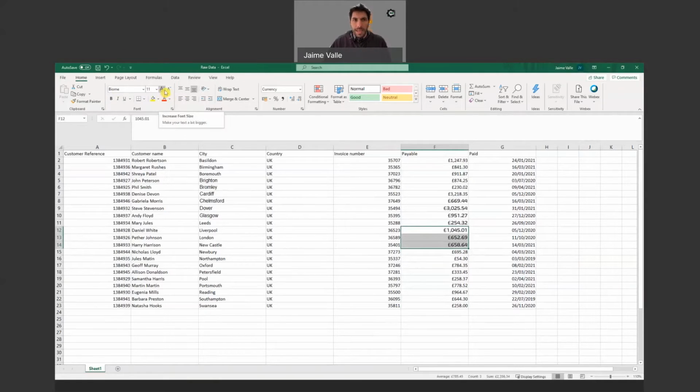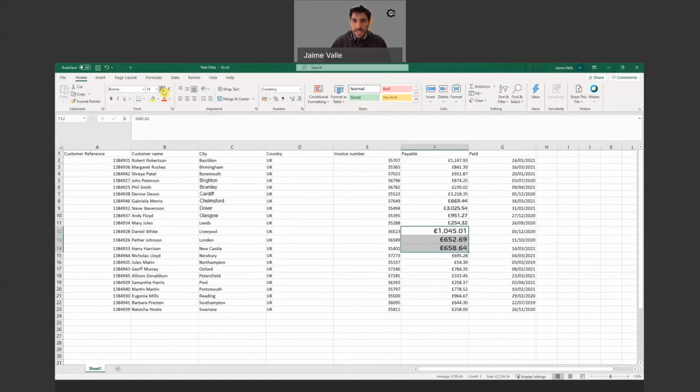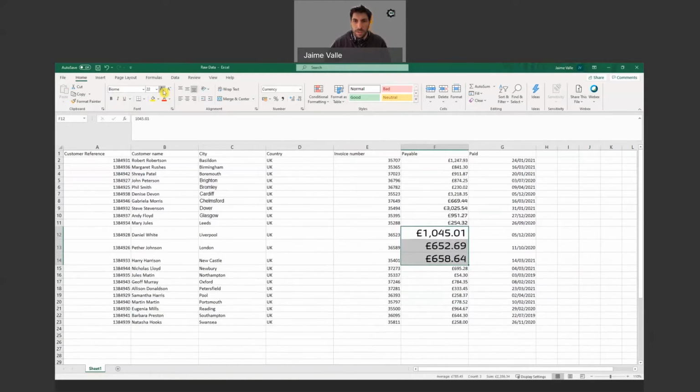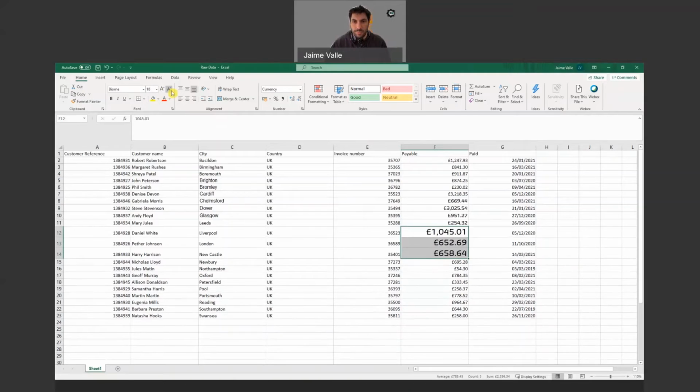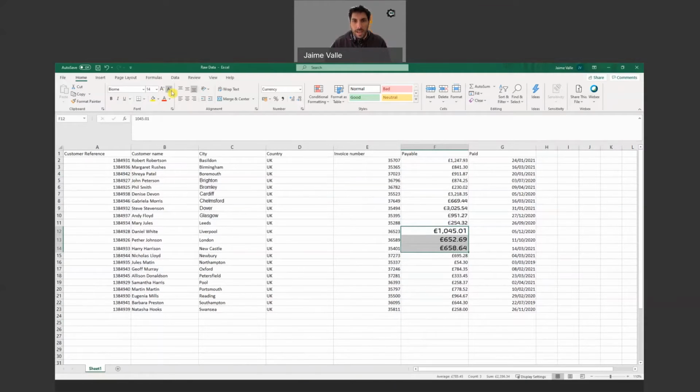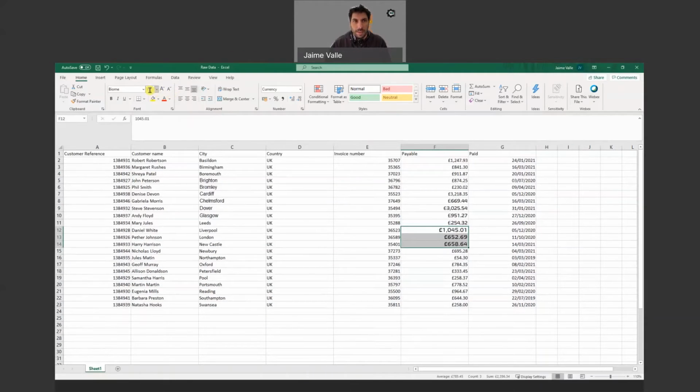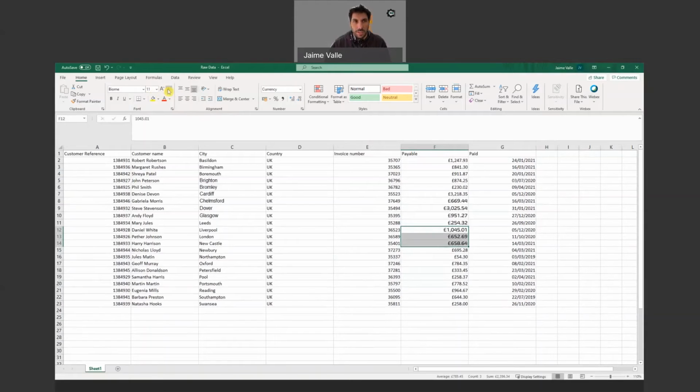If I click on the bigger A, I'm going to increase the font size. You can see it's increasing. If I click on the other one, it's going to decrease the size. As I click, you can see the number next to it changing, 11 and then 10, 9. If I hit increase font size, the number goes up as well, 10, 11, 12.